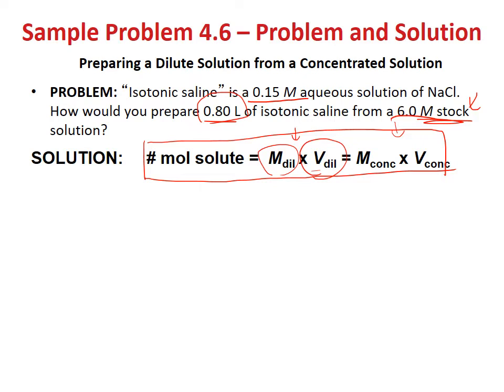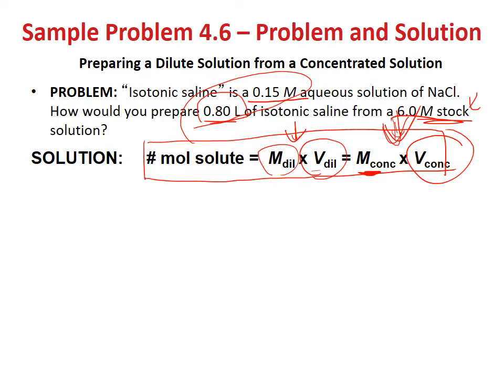So in this case, after dilution, the concentration and volume are both given, and therefore we can calculate the number of moles of the solute after dilution, which equals the number of moles before dilution, the concentrated moles. So with this number of moles, and also we have molarity, then we can calculate the volume. What is the volume we need for this dilution? So let's first calculate